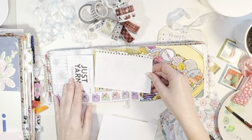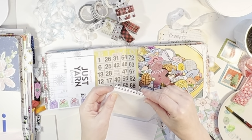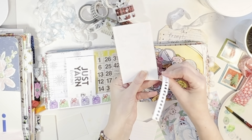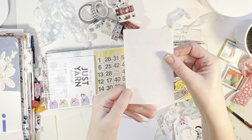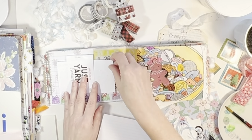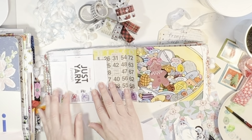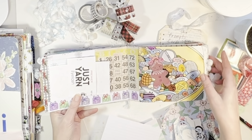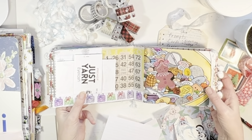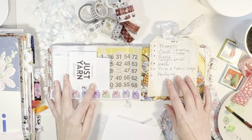So I'm going to add the Just Yarn packaging as kind of like a belly band. So if you're new to journaling, a belly band is something that you can slide something into. There we go. I put a little glitter Mod Podge. I don't know, it's kind of hard to see on that index card. And that is another great place to write